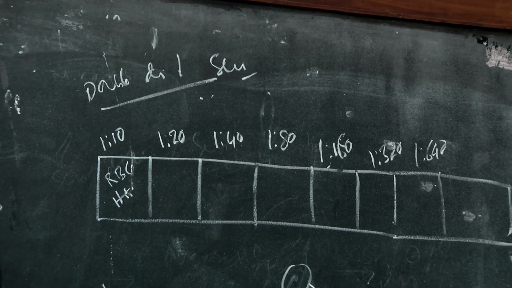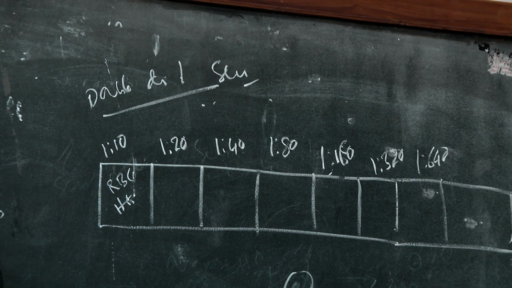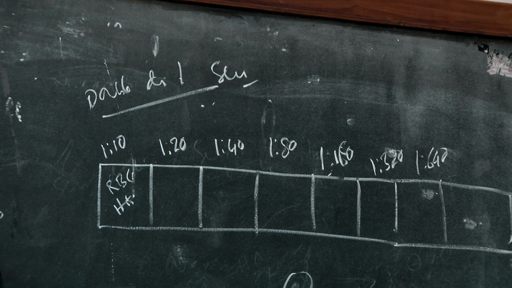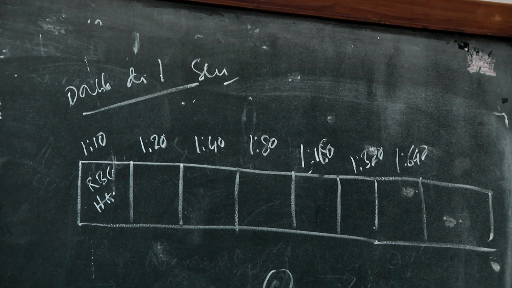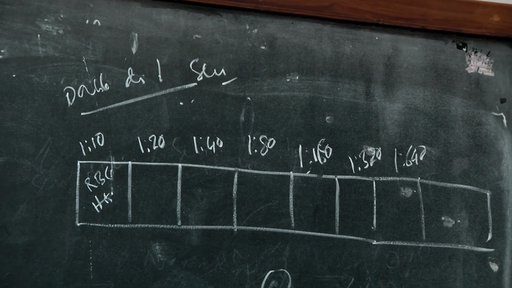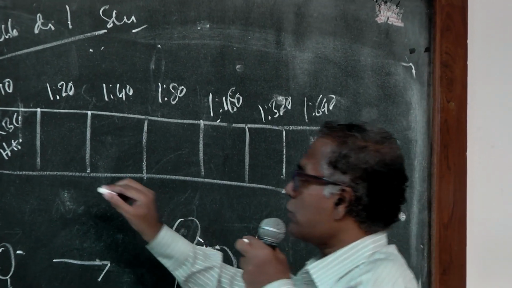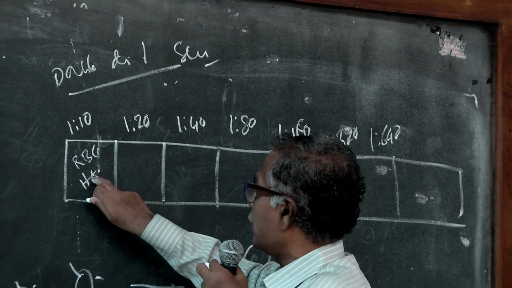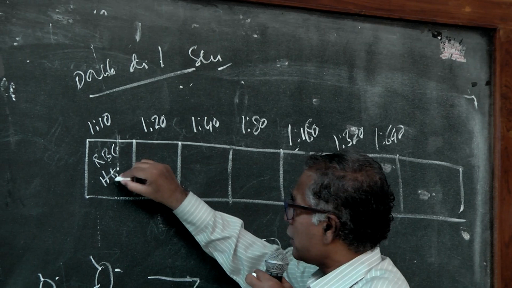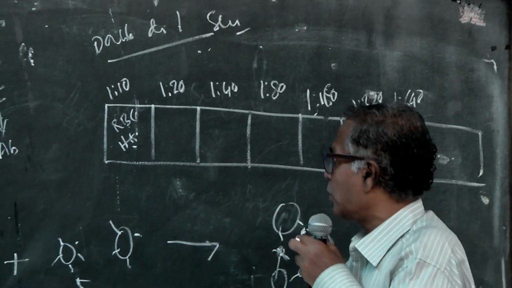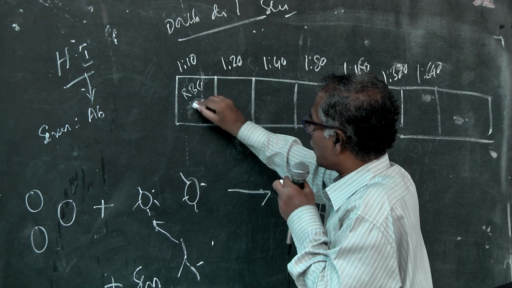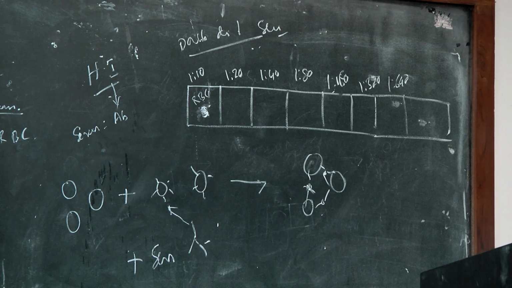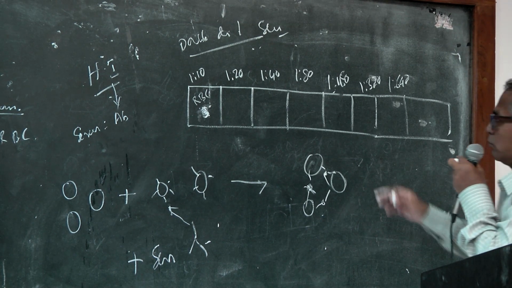So what happens now? Whenever the antibody mixes with the antigen in equal proportion at the zone of equivalence, it forms a lattice. If not, there is a settlement of the RBC. That is the principle. Now we have added to this one RBC, hemagglutinin with its antibody. The hemagglutinins are being utilized by the antibody. So there is a button formation because there is no available antigen. RBC will settle down as a button.